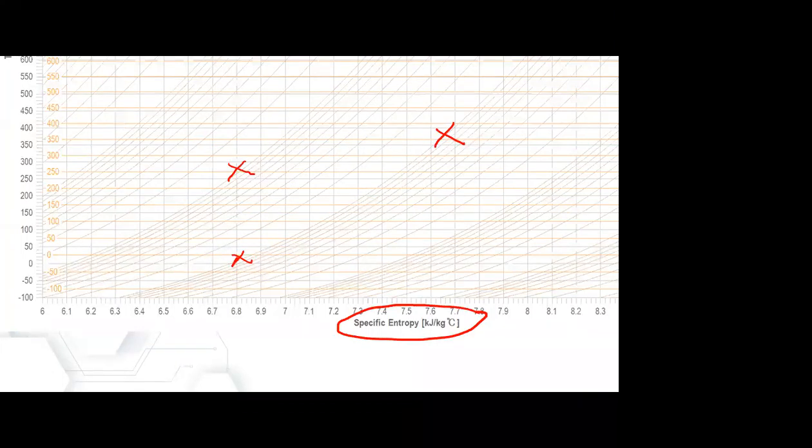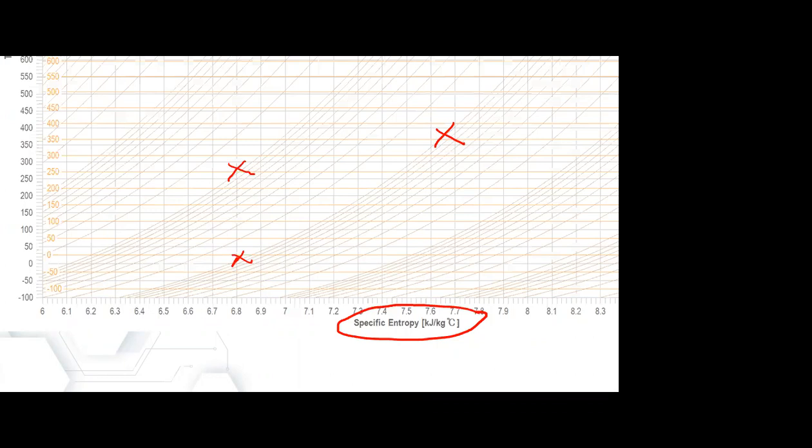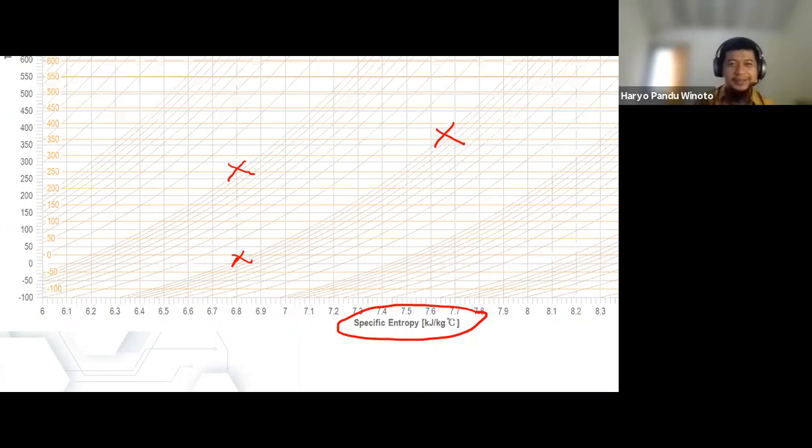Okay, sir, I understand. The temperature, we got it from the temperature. Specific entropy is there. I believe you have studied this with the Rankine cycle. But for the Rankine cycle, there is a mountain in here, a big peak, and you really have to be careful when you change the phase.